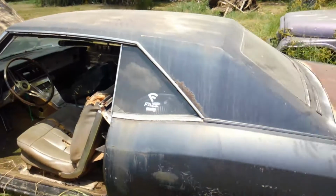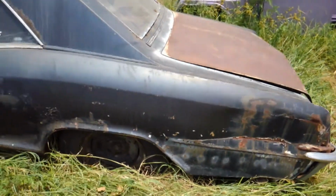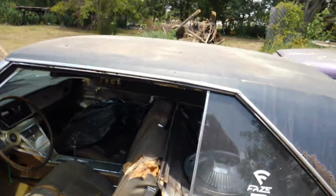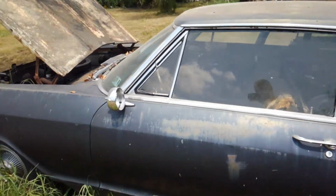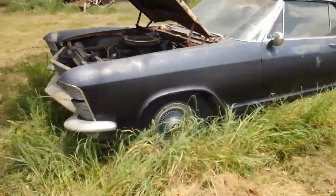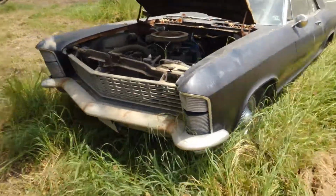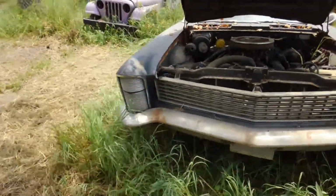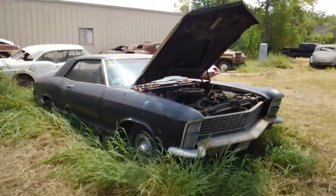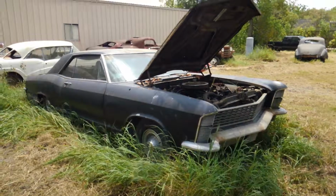It's a complete car that ran. Needs somebody to give it some TLC. Doors are still pretty solid. They're not all rotted out. Undercarriage doesn't look horrible, doesn't look perfect either, but it's there. So, like I said, this will be one of the cars I'm detailing in this collection of 22, 23 field find cars